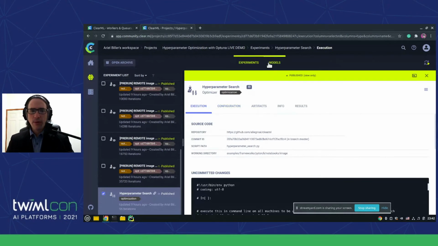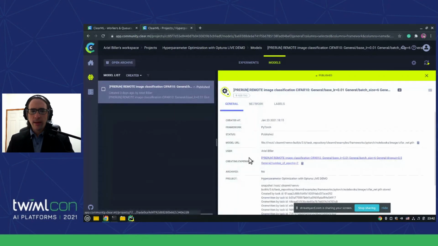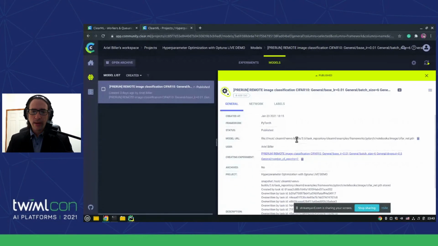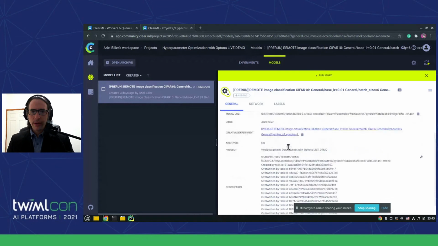And as I said, models, there are actually models in this project. And this model has the whole lineage and the storage location for it. I didn't configure the automatic upload, but there is automatic upload. And as I said, you have 100 gigabytes on ClearML, so you can upload there. I have all the details that I need.